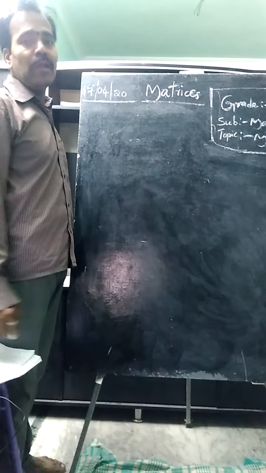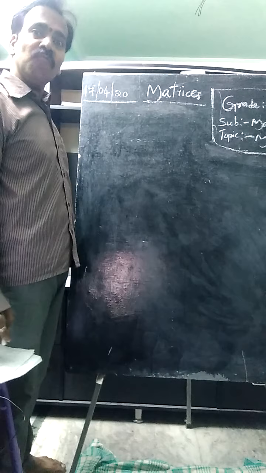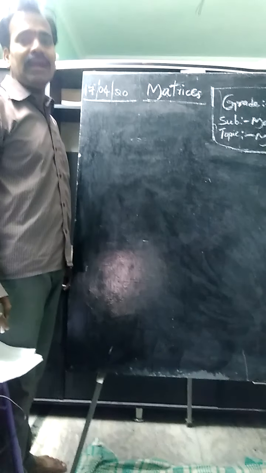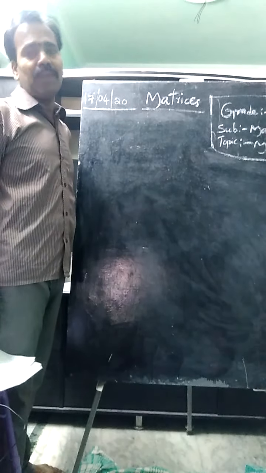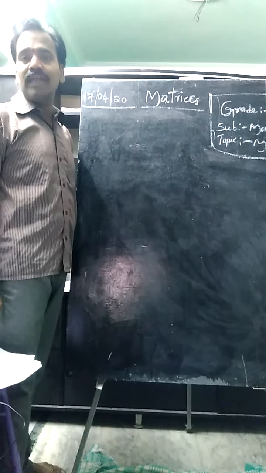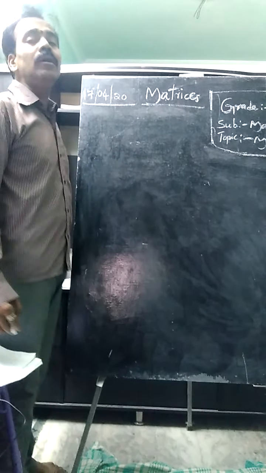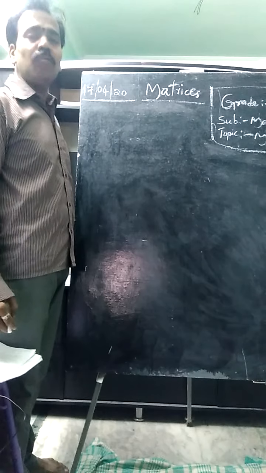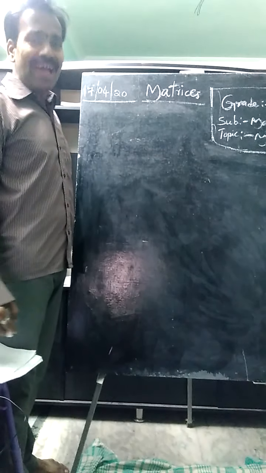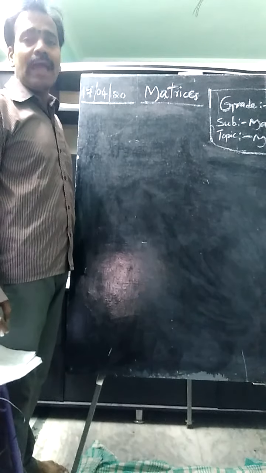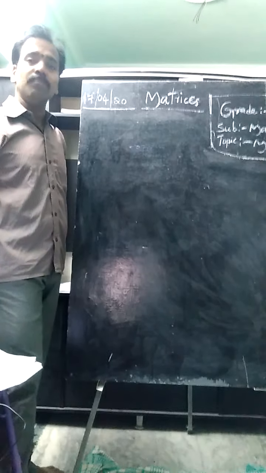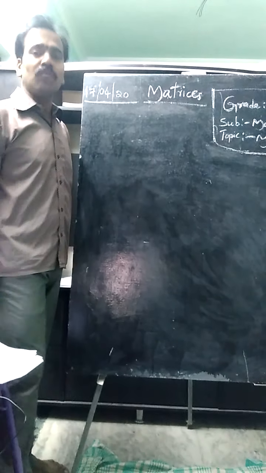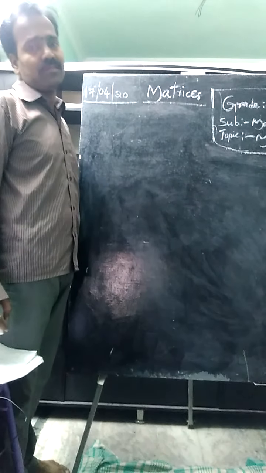Once again I'll repeat, the arrangement of an array of elements in rows and columns is called a matrix. Types of matrices like identity matrix, zero matrix, rectangular matrix, row matrix, column matrix, square matrix you learned in previous classes, as well as operations like addition, subtraction, multiplication, and in which cases they are possible. When the order of the matrices is equal, then only addition or subtraction is possible, but in the case of multiplication, the number of columns of the first matrix must equal the number of rows of the second matrix, then only multiplication of matrices is possible.